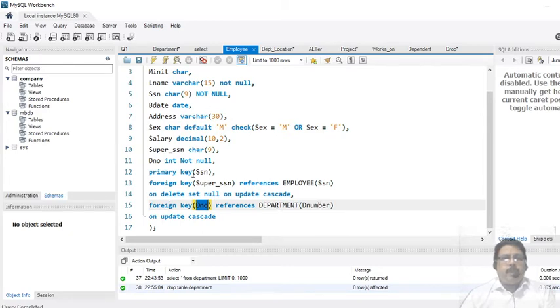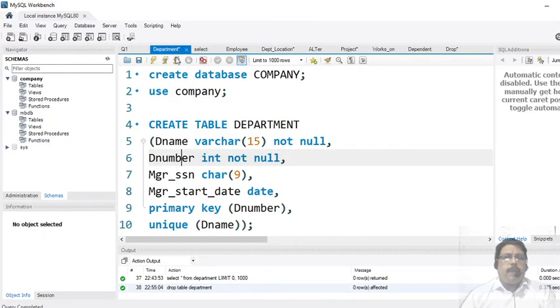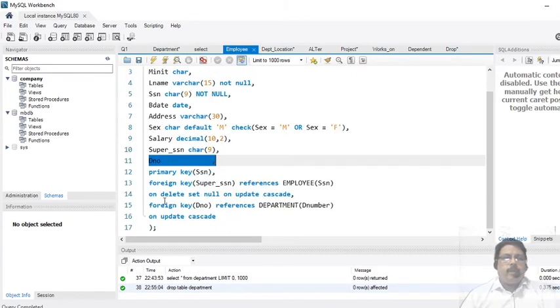Means this field can reference the department table's D number. Clear? Okay, and this is a join between two tables, between employee and department.